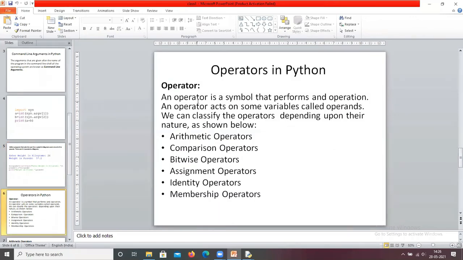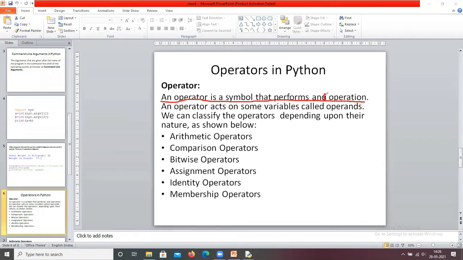Now we discuss operators in Python. What is an operator? An operator is a symbol that performs an operation.